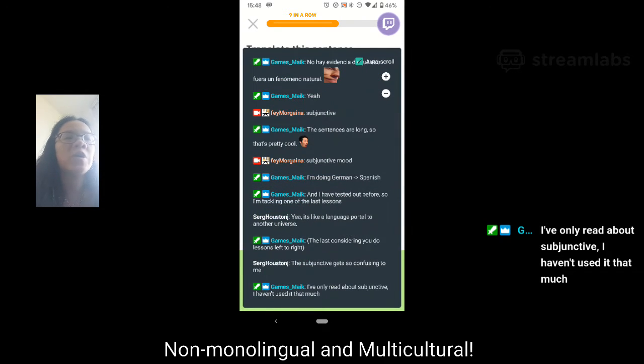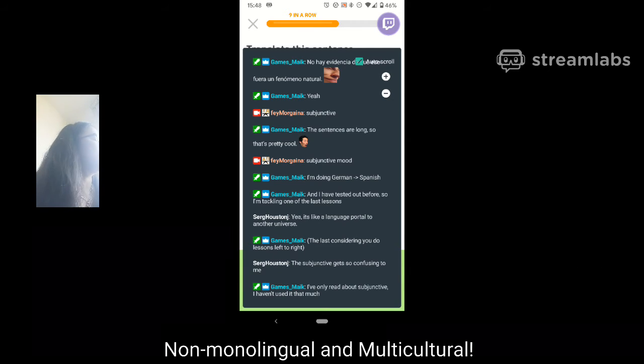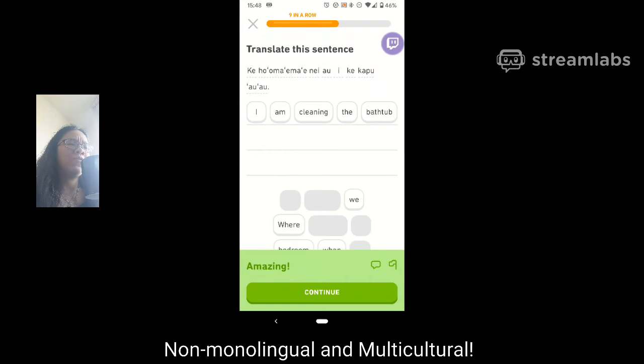The subjunctive is pretty confusing for English. Well, anybody that speaks a language that's Germanic will find subjunctive a little confusing. I was just telling Mike that. The first time I was learning the subjunctive, it confused me, and it took me some time to get used to it. I'm still not fully used to it in French.